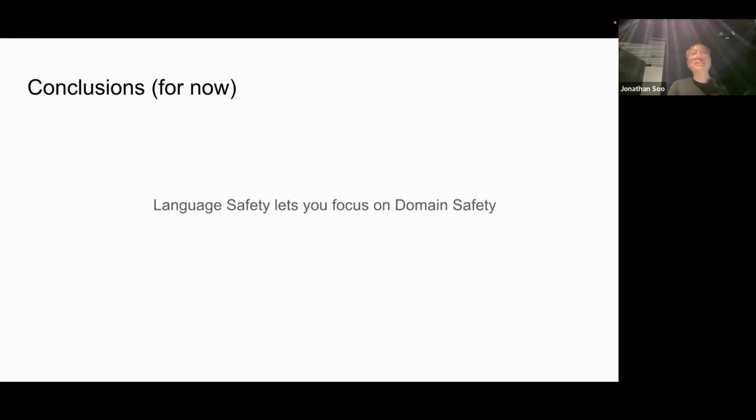I think language safety lets you focus on domain safety. So every minute that I don't have to worry about dealing with ownership problems. I mean, this stuff running just never crashes. Sometimes the devices will disconnect from the USB bus and something will die. But things don't crash. Now I run into other issues where I'll get floating point issues, I'll get infinities or NaNs, and I have to figure out why those things are happening. And so you get to focus more on the domain safety issues,